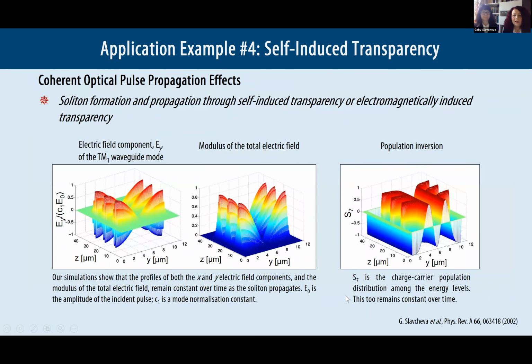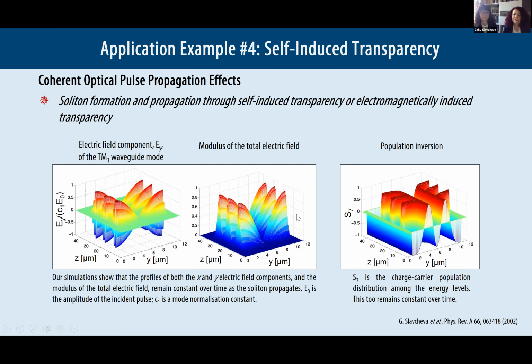Another application is we have investigated self-induced transparency effects and soliton propagation, optical soliton propagation in waveguides. For example, in this particular example, we have a three-level system in a V-type configuration, and we have shown that a soliton exists in two dimensions, as you see, which is a self-induced transparency soliton.